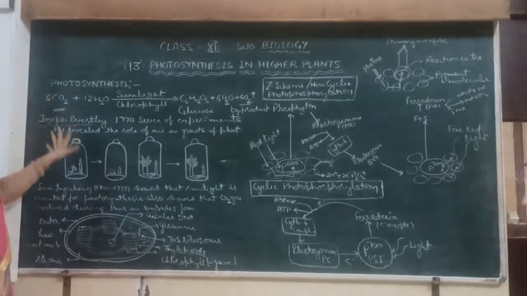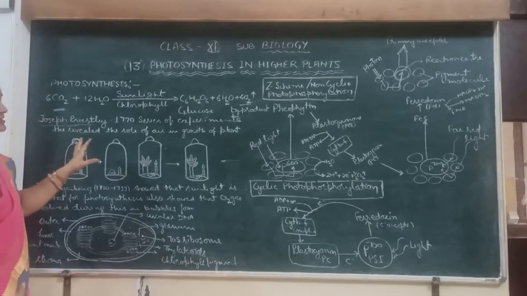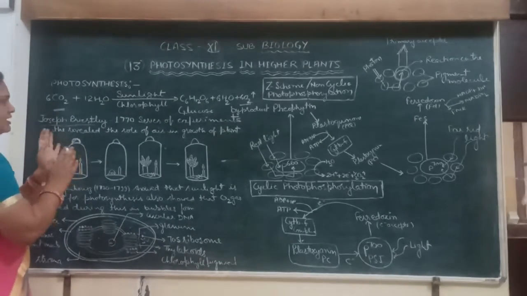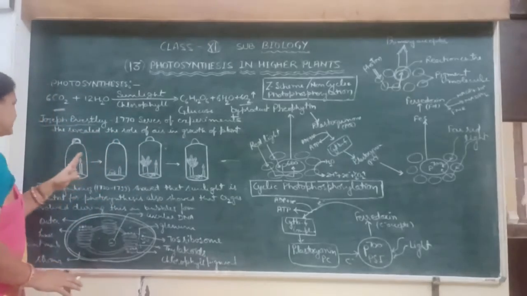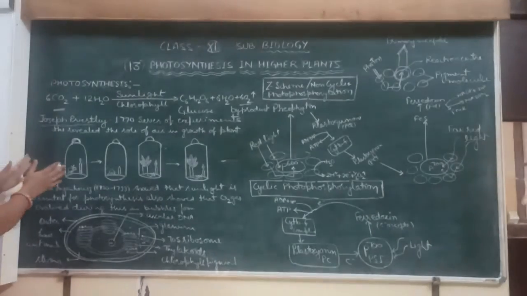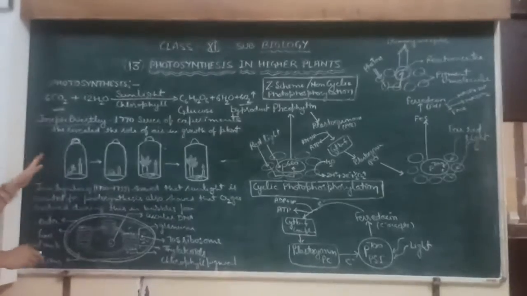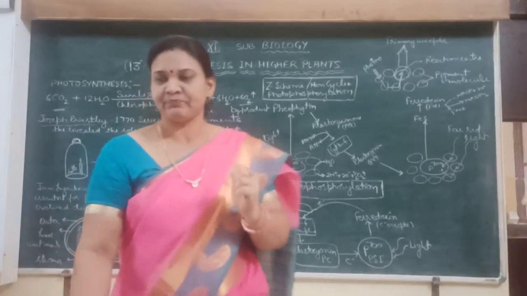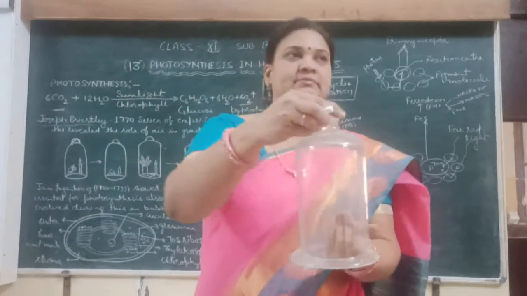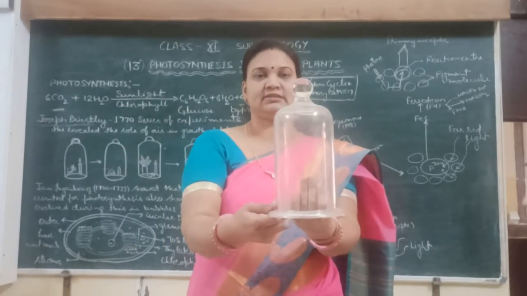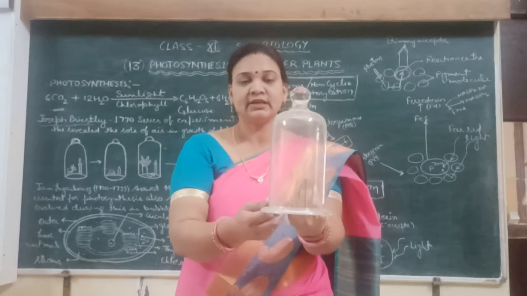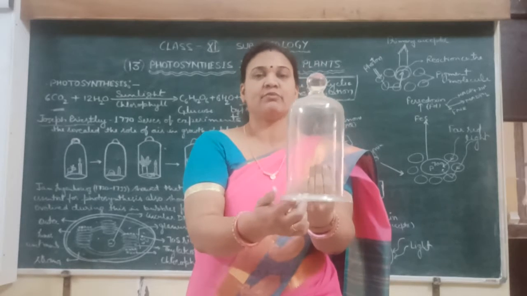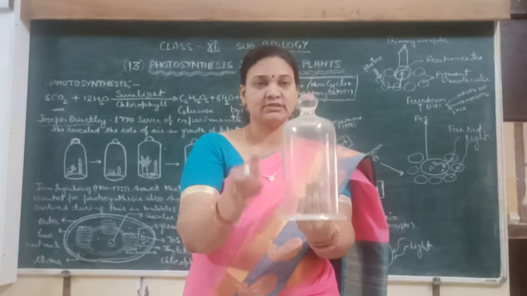So first we are studying the contribution of some scientists, Joseph Priestley. In 1770 Joseph Priestley did a series of experiments that revealed the role of air in the growth of plants. So this is the very famous experiment, the bell jar experiment. Do you know what a bell jar is? Now see, this is the bell jar. It's a glass tumbler. So what he did, he kept a burning candle with a mouse,